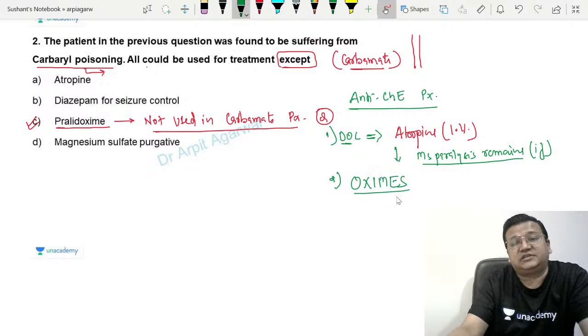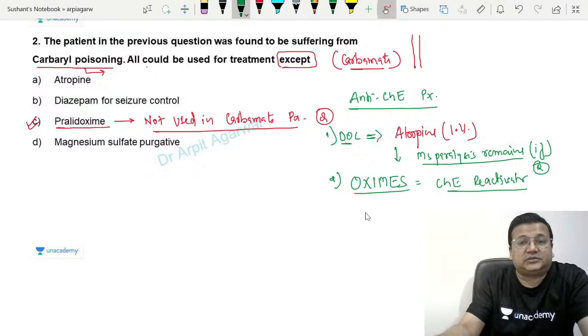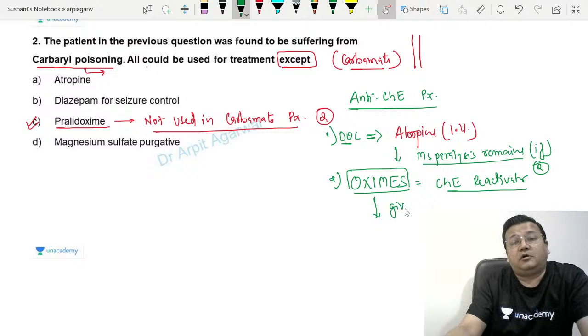You can give oxims. Oxims are cholinesterase reactivators. So next question, what is the oxim role? Oxims are reactivators of cholinesterase. What you need to know in oxim? Very few lines. Oxims are given in organophosphorus poisoning, but they are